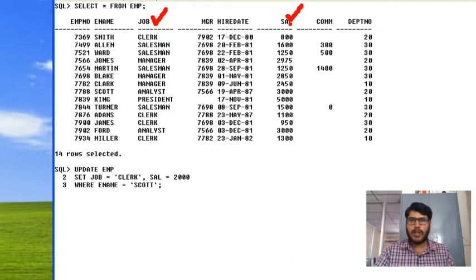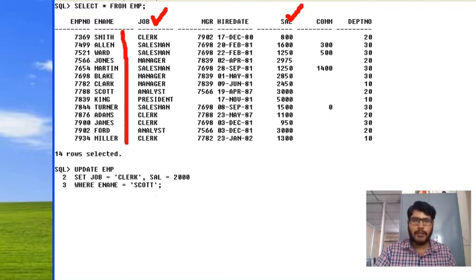Sal is the next column I want to set. Value as 2000. Where it has to set the value? Where ename is equal to Scott. That means it will look for ename Scott in this particular table. Yes, it is available here. And it will modify job as clerk. Previously it was analyst. Now it will modify clerk. And salary it will modify as 2000. Previously it was 3000.